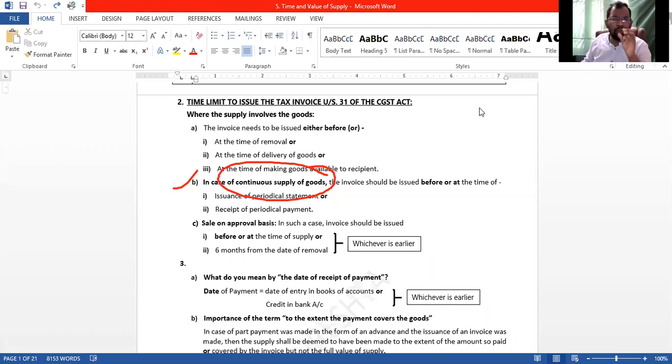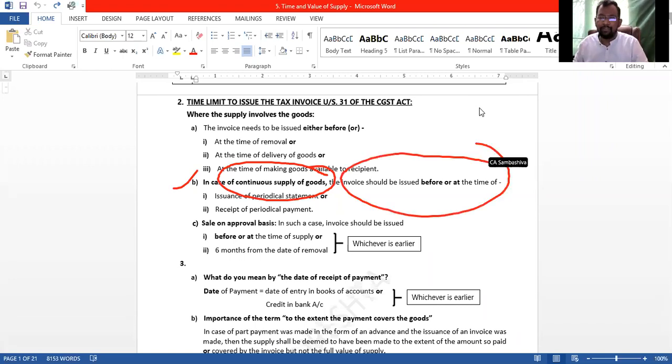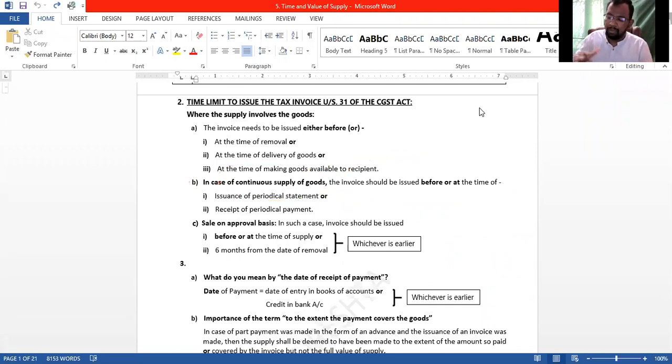సార్ మరి ఇన్ ద కేస్ ఆఫ్ కంటిన్యూస్ సప్లై ఆఫ్ సర్వీసెస్ లో వాట్ ఈస్ ద టైమ్ లిమిట్ ఫర్ ద ఇష్యూయన్స్ ఆఫ్ ఇన్వాయిస్? What is the time limit for the issuance of invoice? So చూడండి ఇక్కడ మనకి ఏం చెప్తున్నాడు, the invoice should be issued before or at the time of issuance of the periodical statements or receipt of periodical payment. అర్థమవుతుందా, రైట్? అంటే మీనింగ్ దాట్